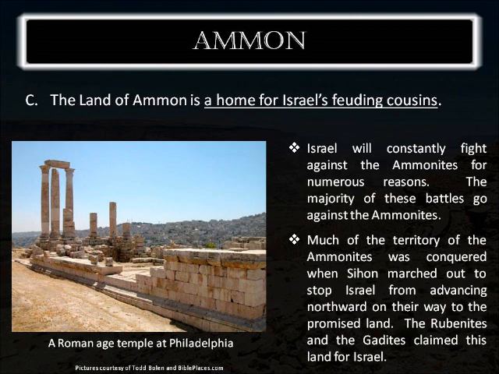And so the southern areas of Ammon that we looked at there by the Dead Sea will become the land of the Reubenites, the Gadites, and the half-tribe of Manasseh. And so this feud between Israel and Ammon will continue pretty much from the time that they enter the Promised Land until the time that they are kicked out of it by the Babylonians in 586 BC.